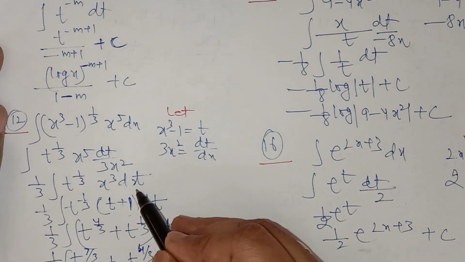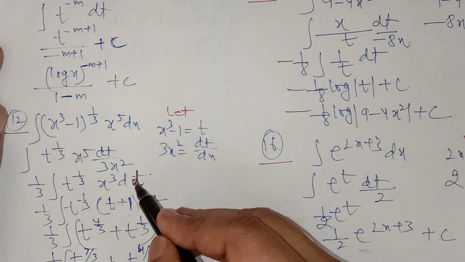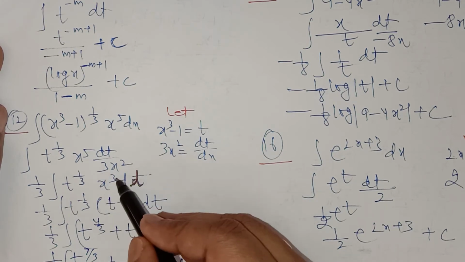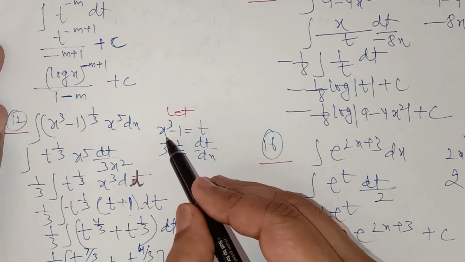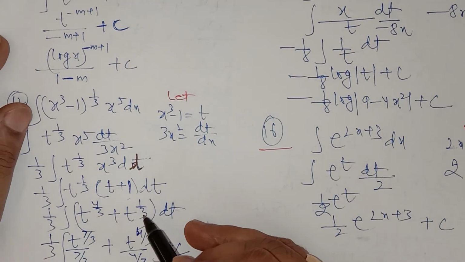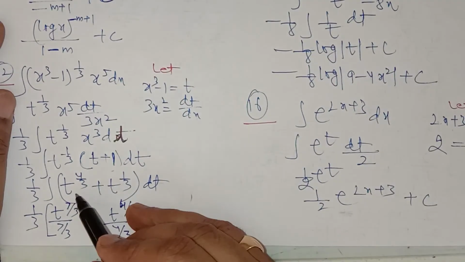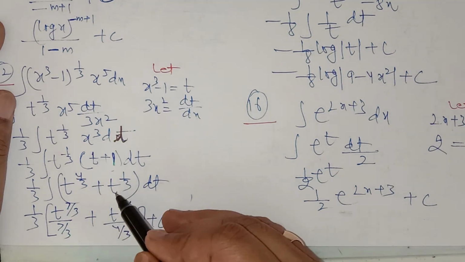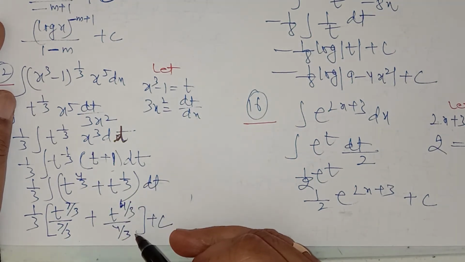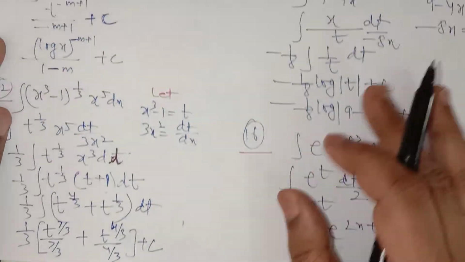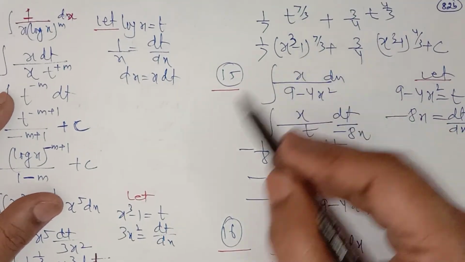Now all the terms are converted into t except this x cube. Now you have to replace the value of x cube in terms of t, which you can get from here, that is x cube is equal to t plus 1. Multiply and open the bracket, taking care of the laws of exponents, and integrate using the formula for the integration of x to the power n, which gives t to the power 4 upon 3 plus 1 upon 4 upon 3, plus t to the power 1 upon 3 plus 1 upon 1 upon 3. You take your own time to do the calculation. After that, you can replace the value of t, which is x cube minus 1. We have let it here.